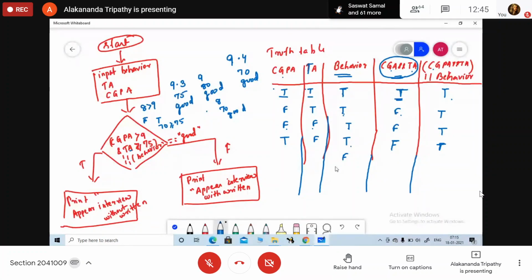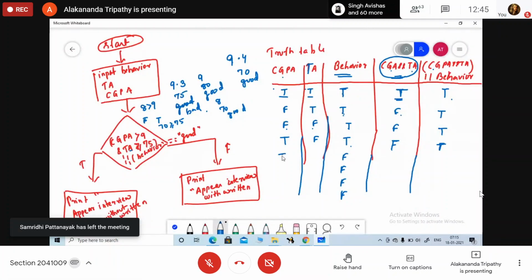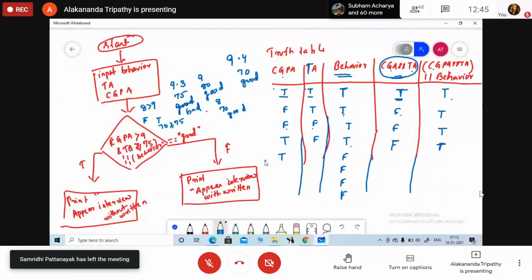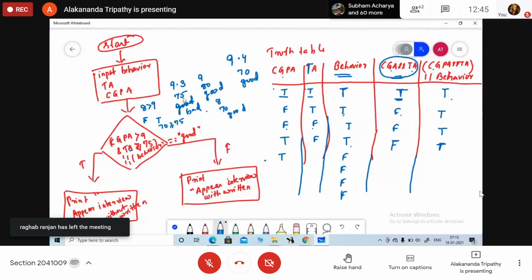Behavior, if everything is true. Now I am going with behavior is bad. Okay. So instead of good here, now my behavior is bad. Now tell me what will be the value. CGPA is good, true. My theory attendance is also True. True.